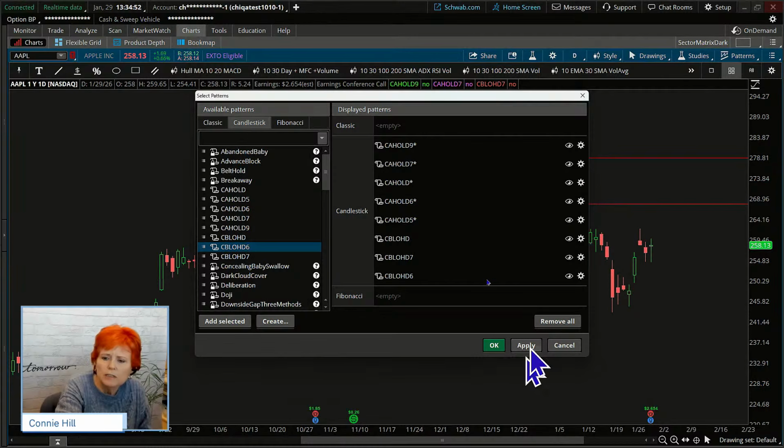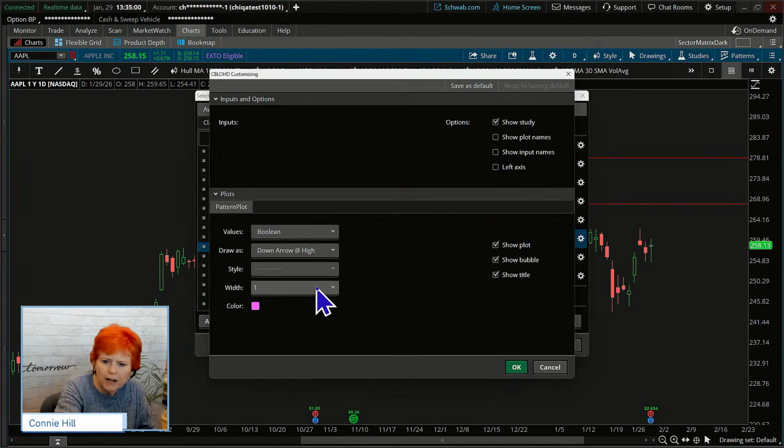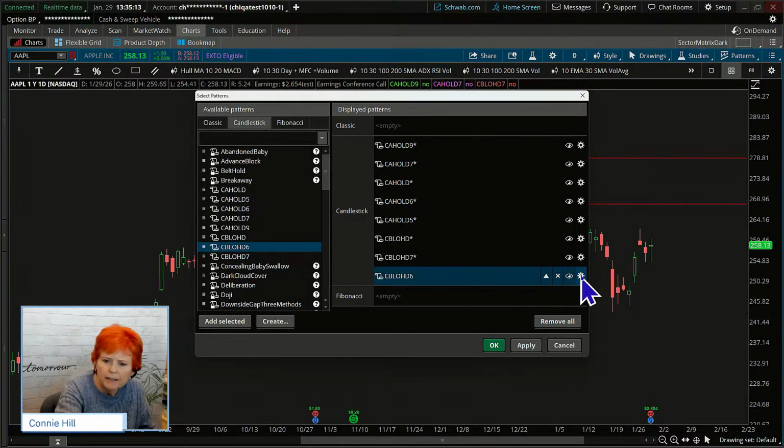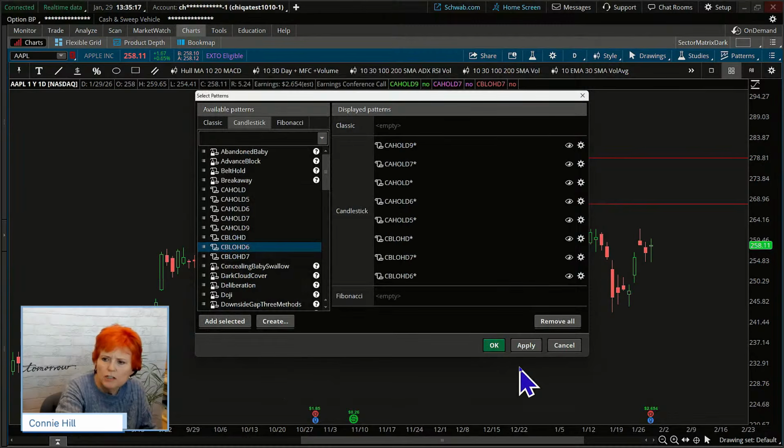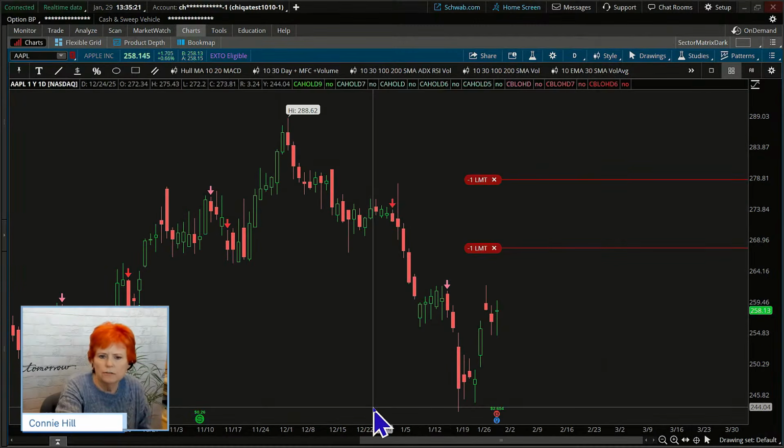Now on the Kablodes, let's make sure all of these are kind of a downish color, like a reddish. So here, again, we're going to make it 5. We're going to make it red. And we're going to save that. And we're going to do the same thing here. That one's already red, so we'll keep it as a 5 and make that a 5. All right. So now we have just green and red candles.